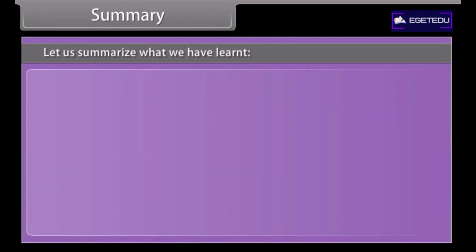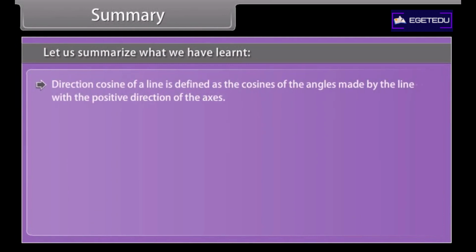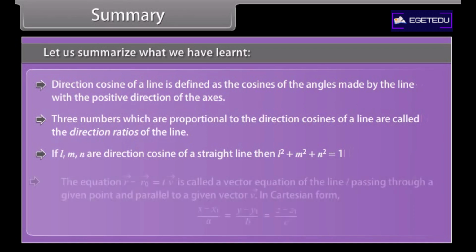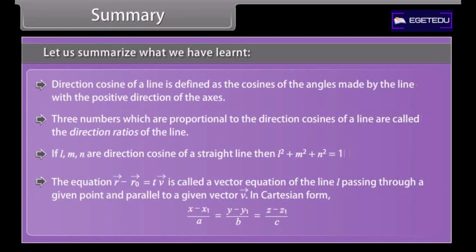Summary. Let us summarize what we have learned. Direction cosine of a line is defined as the cosines of the angles made by the line with the positive direction of the axes. Three numbers which are proportional to the direction cosines of a line are called the direction ratios of the line. If l, m, n are the direction cosines of a straight line, then the equation is called a vector equation of the line L passing through a given point and parallel to a given vector v. In Cartesian form,